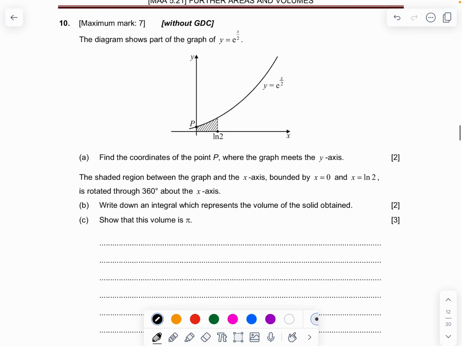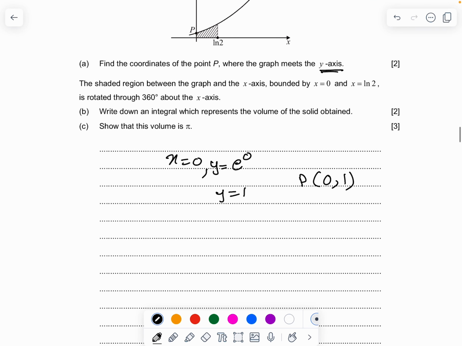Question number 10. Find the coordinates of where it meets the y-axis. Y-axis, what does it mean? x equals 0. So y equals e power 0. So y equals 1. So the point P is (0, 1). Now he is asking about the volume